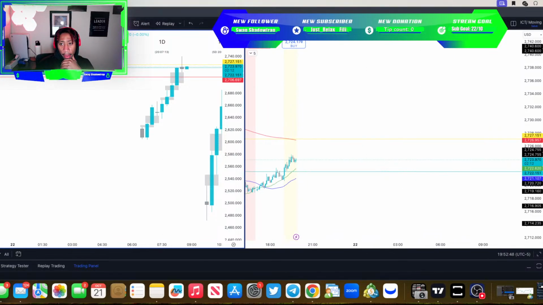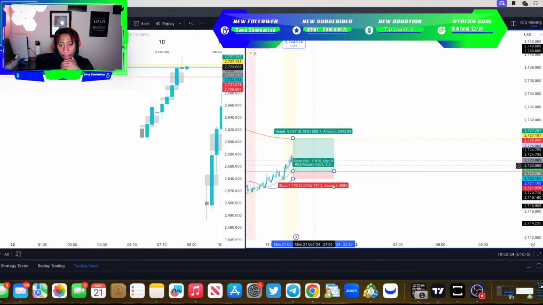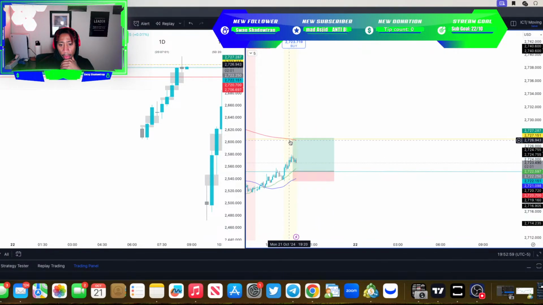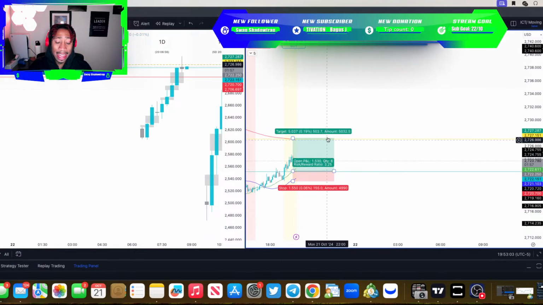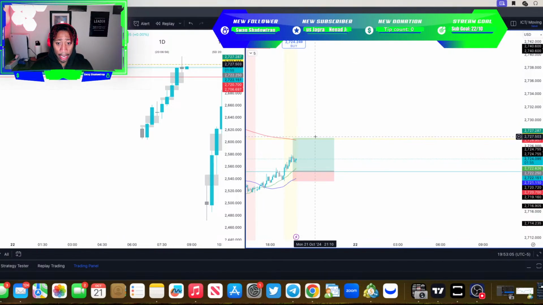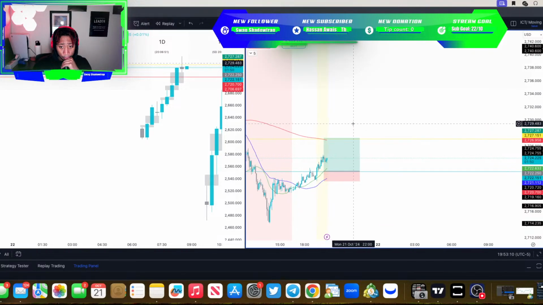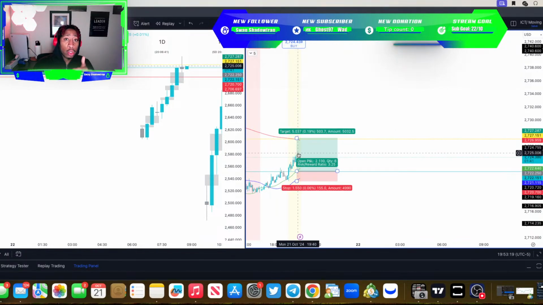Now, stop loss. This is what the trade looks like right here. Entry would be here. Target up here. Once the price comes in here, grabs that 15-minute fair value gap, and then goes for that 4-hour, close to my 200 moving average. Now, this trade could be phenomenal. If we get down here, tap into that 15-minute, get to that 4-hour, and then price starts to hold above the 200 moving average,